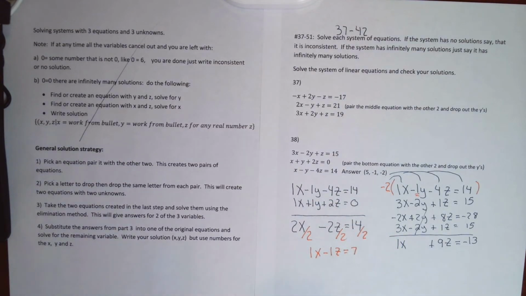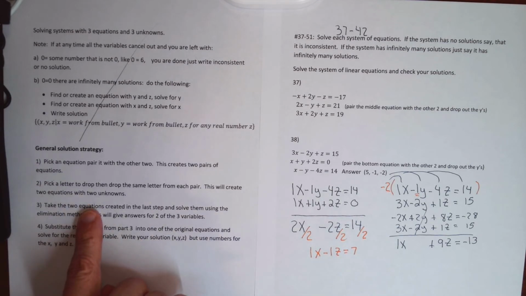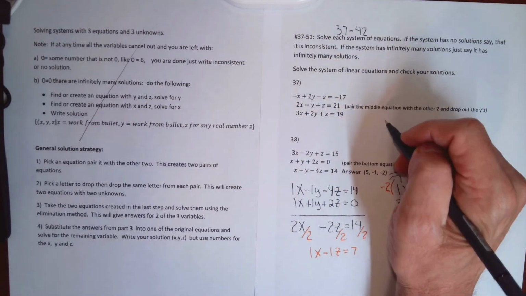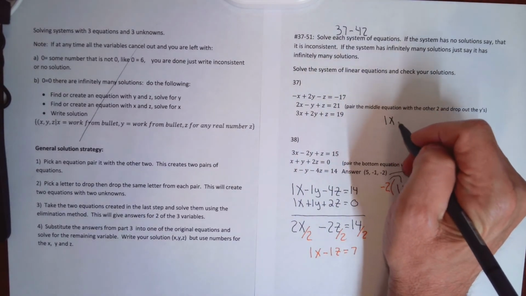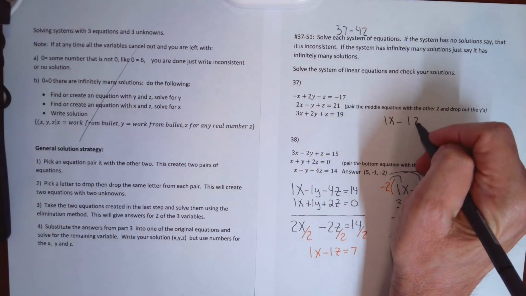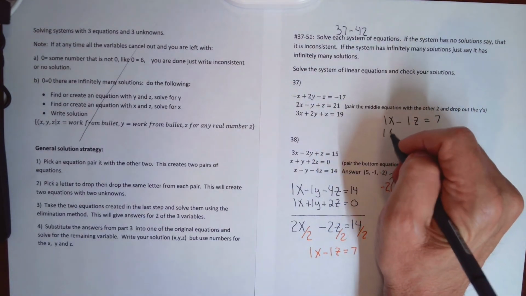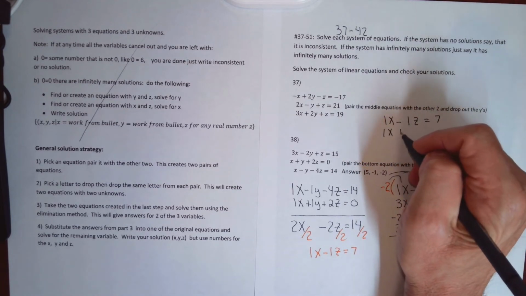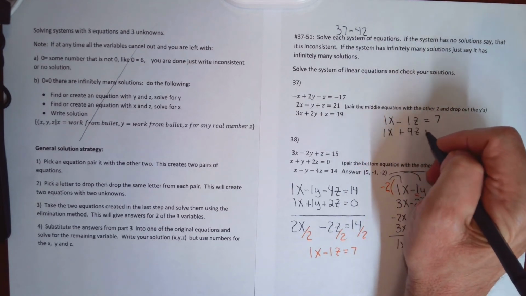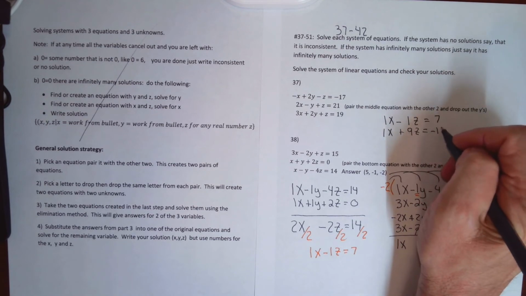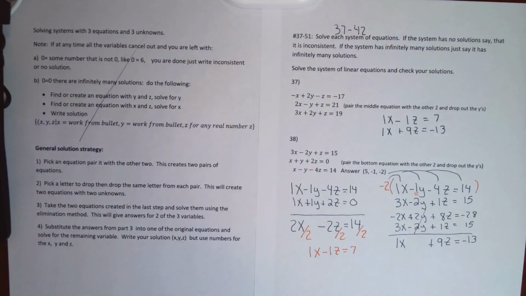And anytime you can get numbers smaller, it's probably a good idea. So rather than working with the equation that the algebra produced, I'm going to use this modified equation for my step 3. So for step 3, I'm going to take the two equations created in this last step, specifically 1x minus 1z equals 7, and 1x plus 9z equals negative 13. I'm going to stack them on top of each other and solve for both x and z